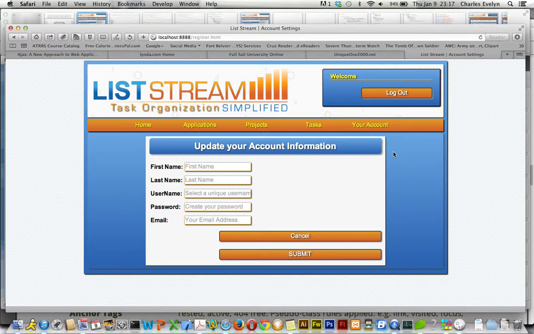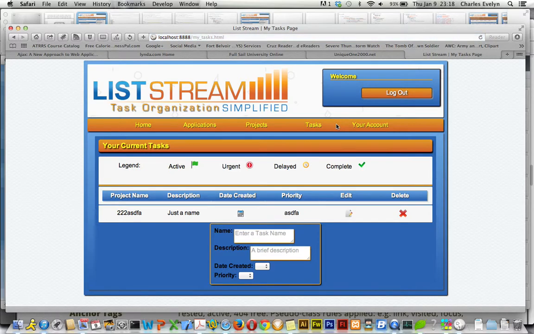On the user account page, the user is presented with a form that has affordances for what is expected of them. As far as the required fields, they want your first name, last name, username, password, and email. Before I go on into talking about what's wrong with the page, let me actually switch to Coda